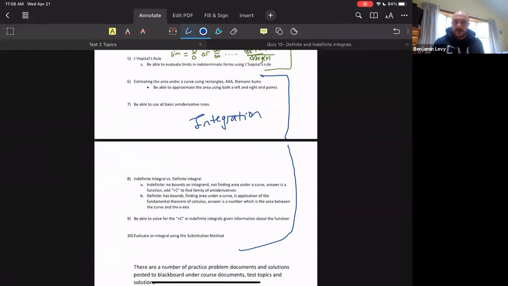So if you know the derivative rules, you should kind of already know the integration rules. It's not like you have to memorize twice as much in terms of knowing the rules, at least. Just try to keep that in mind. And of course, if there are tricky ones, you can put them on your note card. Hopefully you've already started preparing for this test.